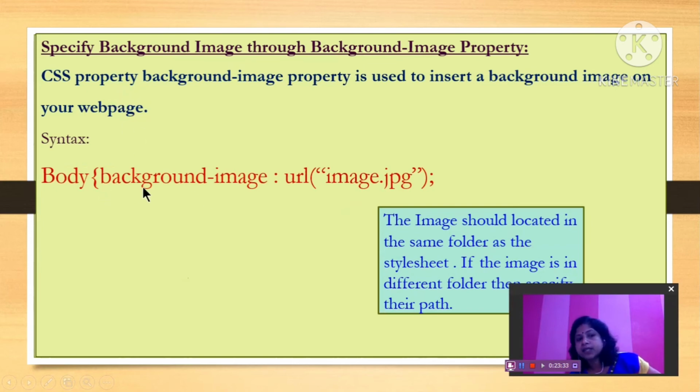This is about color, and we can put an image in the background also. So how can we do that? That is body background-image. Here something is different: after the colon we write the property value directly, but in background-image we will write URL. URL is always a uniform resource locator. So you will give the image name, or the path of the image, or if you want you can give the URL from the website where you want to get the image. Always try to put the image in the same folder as your style sheet, it will be easy. Otherwise you have to give the path.